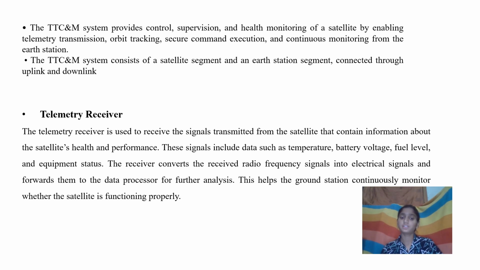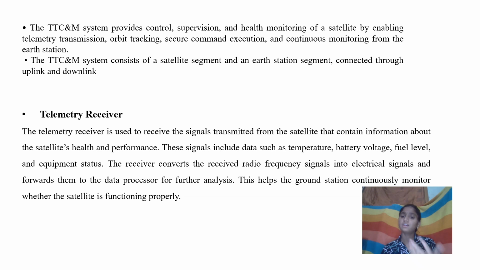What performance it sees means how the temperature is running in the satellite, and how the battery voltage is working, and when the battery voltage is required. The satellite has solar panels. The solar panels receive the light energy and convert it into electrical energy. In that way, it receives the power. What about the eclipse time? Eclipse means the black shadow comes.